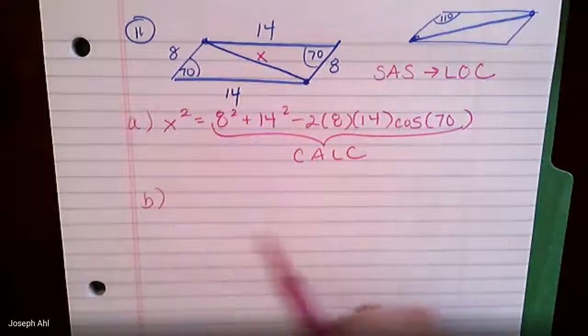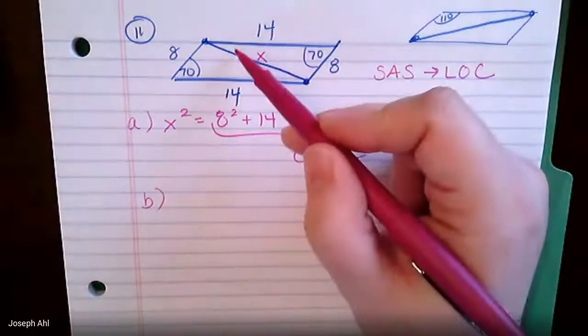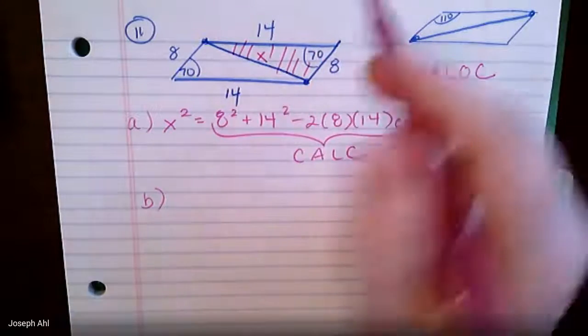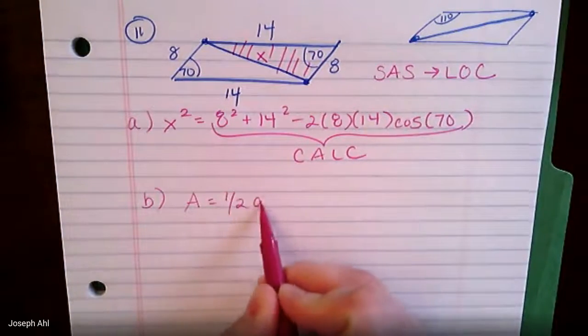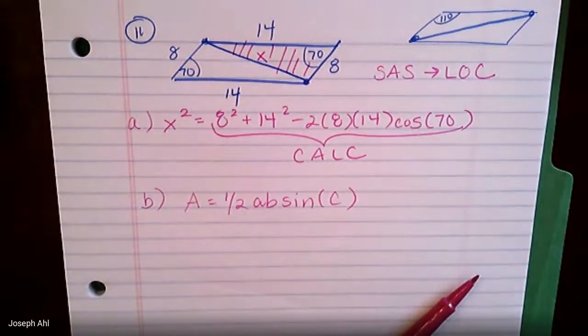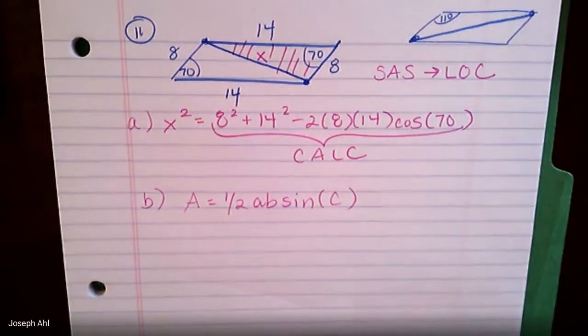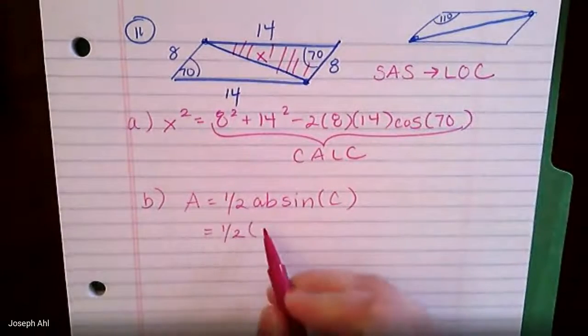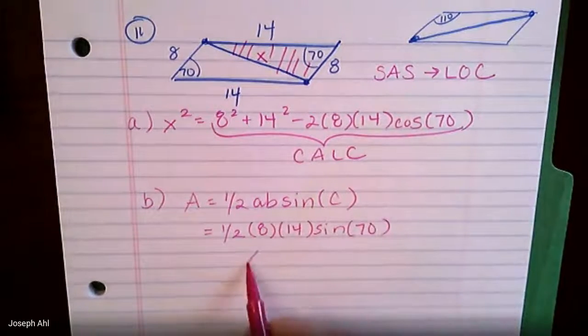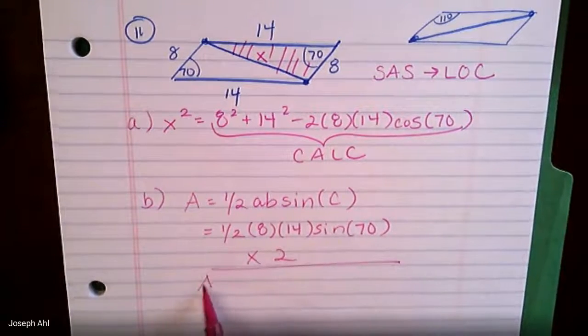Okay. So part B, the area part. If you think of this triangle first up here, this triangle has the same area. So with that side angle side setup, I would use this formula for area. I don't typically use that other formula I wrote down too often, Heron's formula, for when you know side, side, side. It's useful if that's what you're given and you don't know any angles at all. But this one I would probably use. So I would sub in the two sides of 8 and 14. At the end, we'd put sine of 70. And if I double that, that would be the area of the